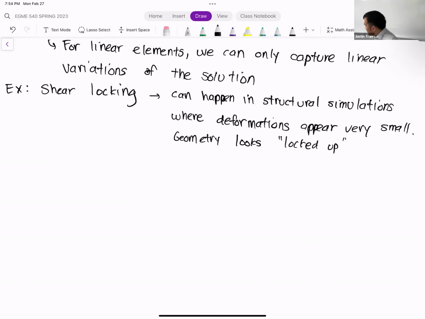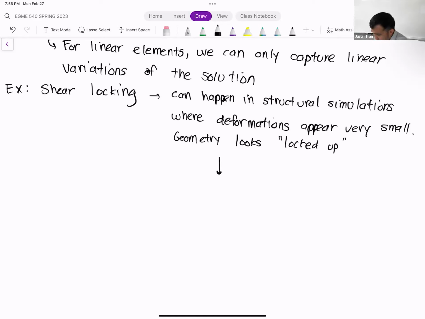So this is obviously bad, right? So we don't want this to happen. Okay. Because this can give you a false sense of security because you might apply a load and it looks like, hey, the deformations are really small, so it looks like I'm good to go. Okay. But obviously that's not going to be what's happening in reality.